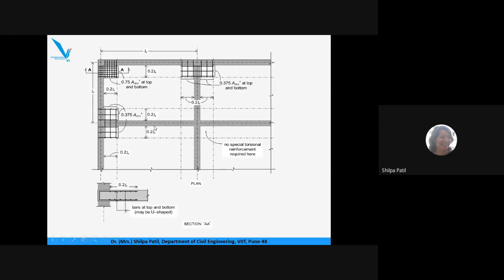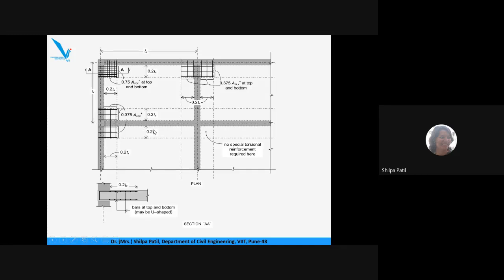Please keep this in mind, because you are going to identify all these cases in your term work for your selected plan. Besides that edge, if there is a one-way slab, the edge is to be treated as a discontinuous edge. If there is a two-way slab, deciding only one particular slab, then only this particular edge is to be considered as a continuous edge.